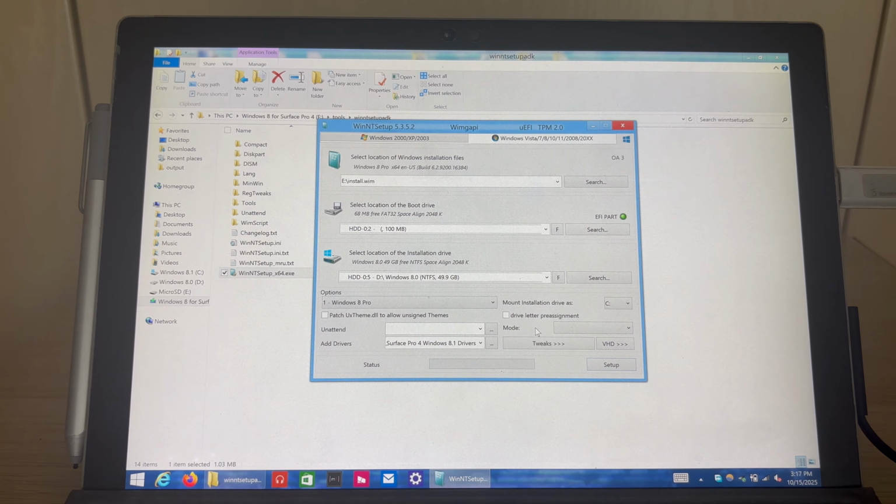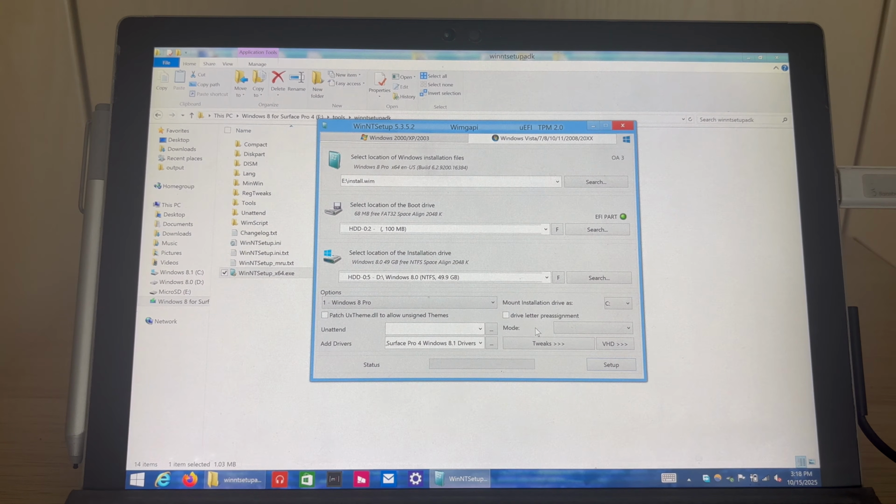the Surface Pro 4. And today's experiment is going to be with Windows 8.0. Now, you guys might have seen my other video talking about installing Windows 8.1 on the Surface Pro 4, but something people haven't really looked into was 8.0 on the Surface Pro 4. Now, the reason why is probably self-explanatory. If you're going to install 8, then just do 8.1 instead of 8.0, but it got me curious, would it